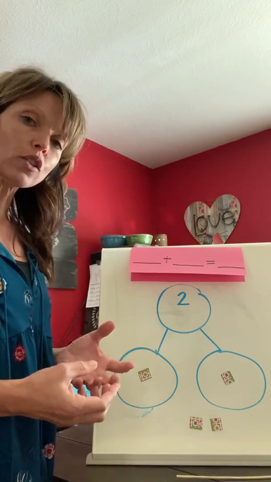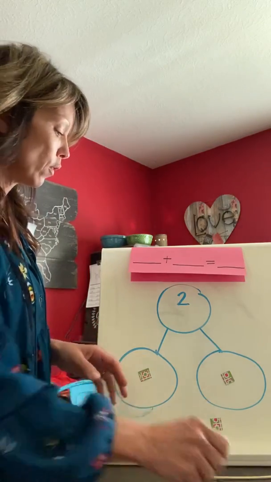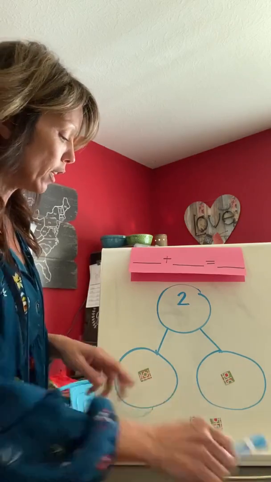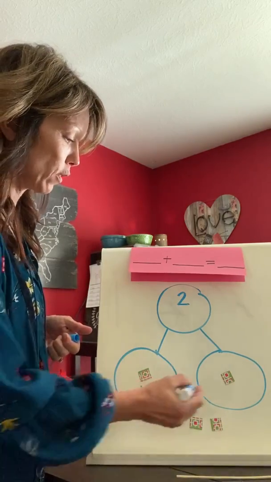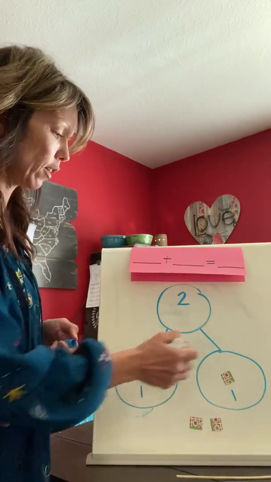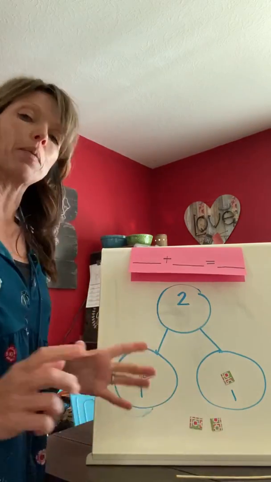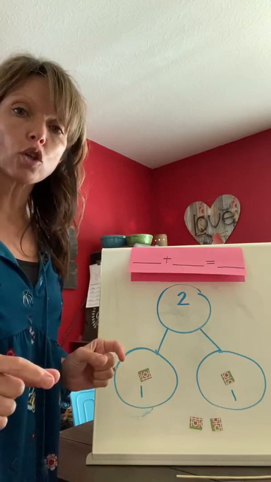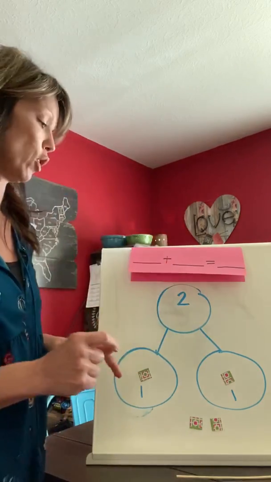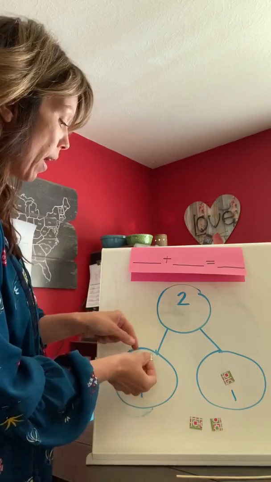So now what I'm going to do is write the number on here for you, but you don't have to do that at home, okay? So there's one in here and one in here. The cool thing about the number bond is these lines are kind of like paths. They help show you where you need to take your objects to. So you're going to take your object along the path,